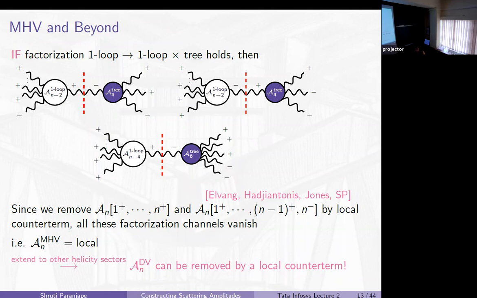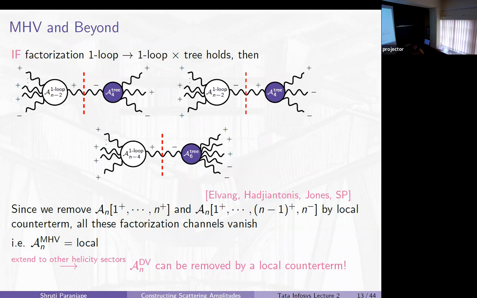Exactly. Then the vertex. Yeah. Preserve the symmetry. Yeah. And then the three vertex. Exactly. If this pattern holds, then you would say that you can always do it for all of the others. Exactly. Okay. So this is all I wanted to say about using generalized unitarity to talk about this